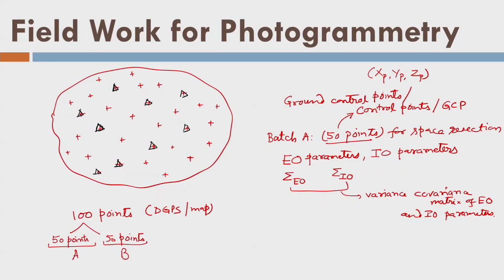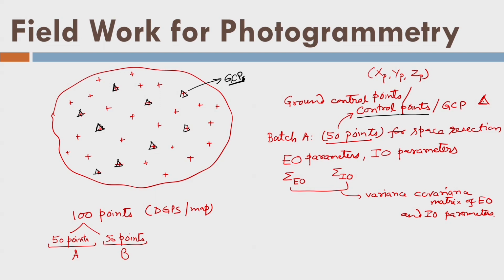Now, these points are generally indicated by a triangle or there is a dot inside a triangle. Both conventions are there, they are GCPs. The term control points is used where photogrammetry is being used by mechanical engineers and medical science people. They do not collect the point on the surface of terrain, rather they collect the point on the surface of a body or the surface of a machine. So, that is why they use the term control point. However, in photogrammetry for terrain mapping, we always use the term ground control point.